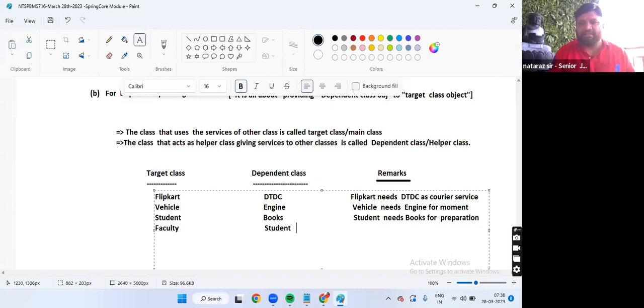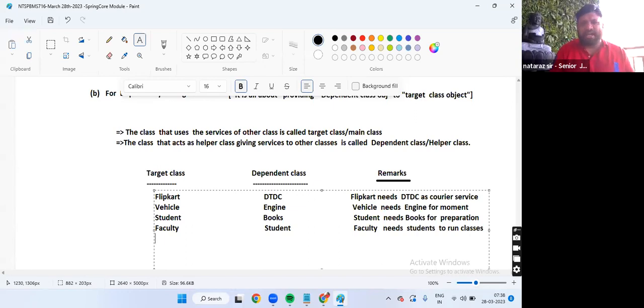Faculty needs students to share his knowledge, na boss. Faculty needs students to share his knowledge, to conduct his classes. Yes or no? Otherwise, he has to teach to walls and poles. Faculty needs students to run classes, right, na boss?